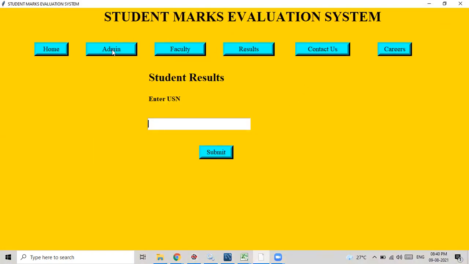First, admin has the privileges. He has the role to add the faculties and add the students. You can also upload the students, upload the faculties, and enroll the students to the subjects. Allot the faculties to the subjects. Once that is done, admin's role is done. Then next is faculty. Faculty will be allotted to the subject. Through his name and ID, he can log into the system and enter the marks for the allotted subject. Once this is done, students can directly check their result by entering their number. So this is how the application works.